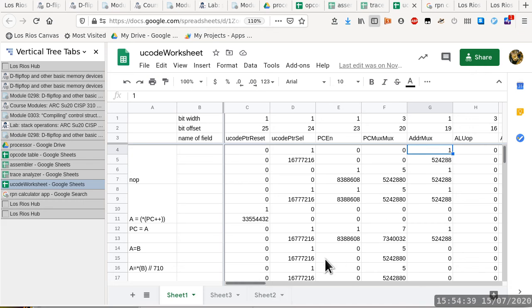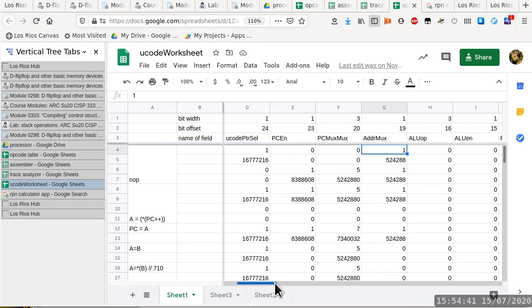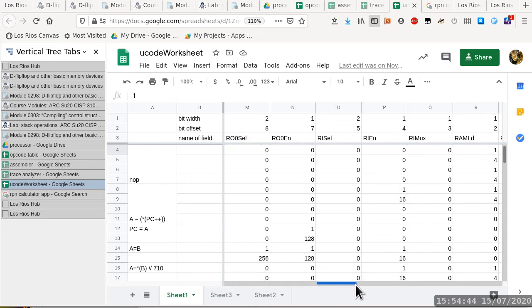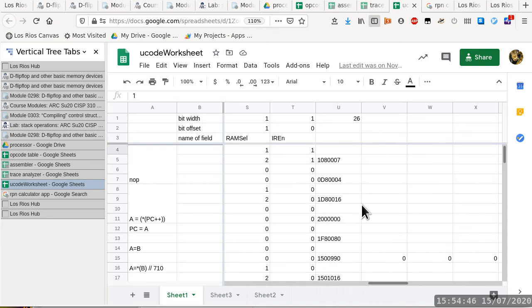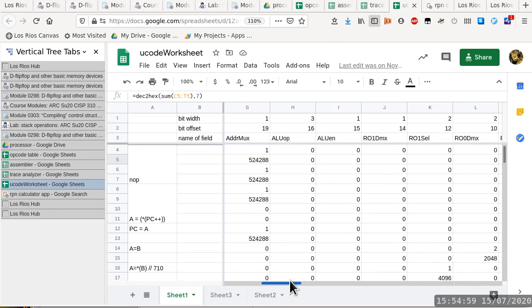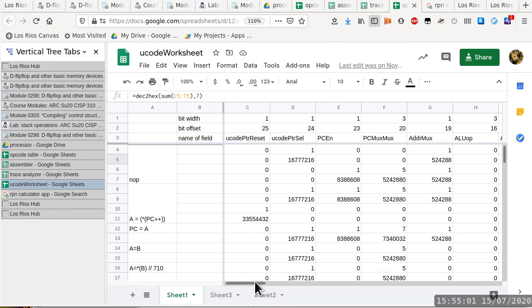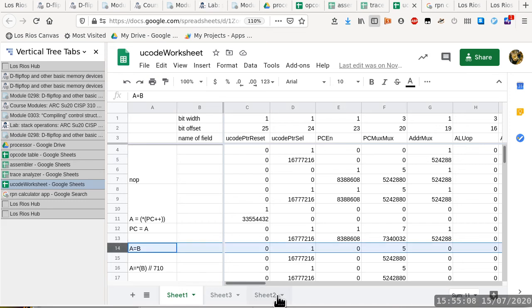And then this is a pretty wide spreadsheet, and it's poorly formatted, but it's okay because at the very end we get a hexadecimal representation of all the bits added together. So we can quickly find out whether a particular bit pattern is correct or not. So this one here is supposed to be CPR. It's CPR AB,